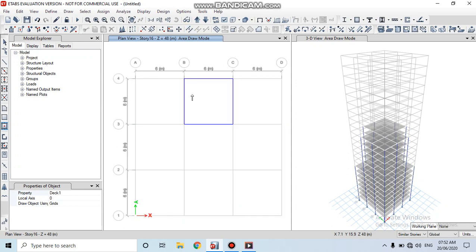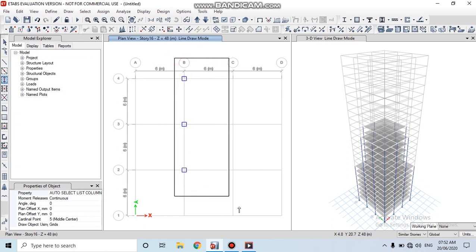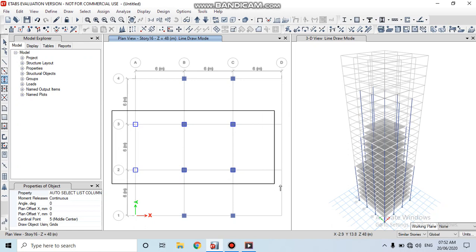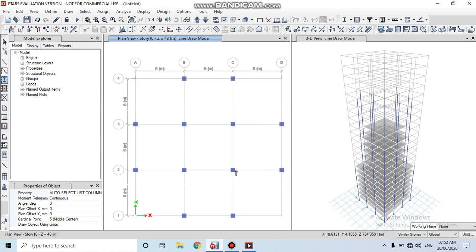Then select the quick draw columns. Then select the column auto select property. Here it is given. Select the quick draw beam.